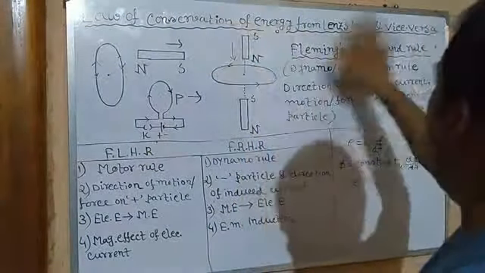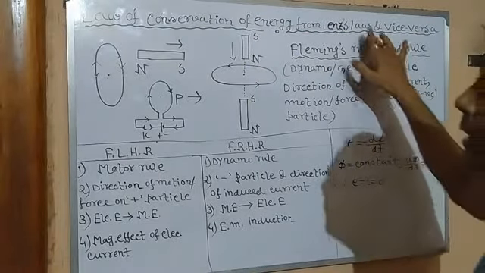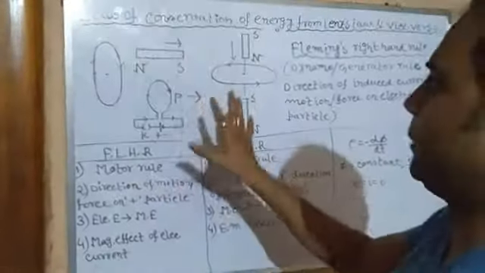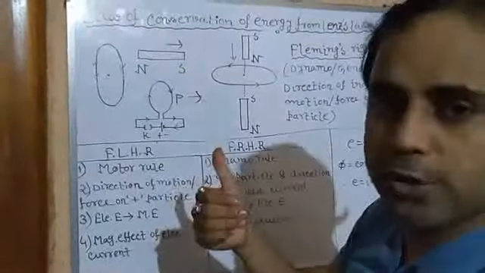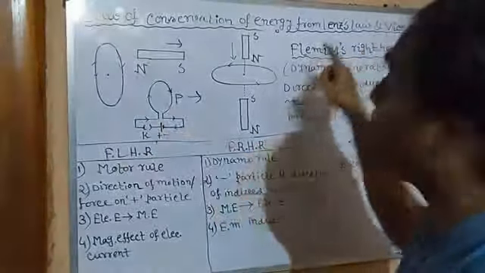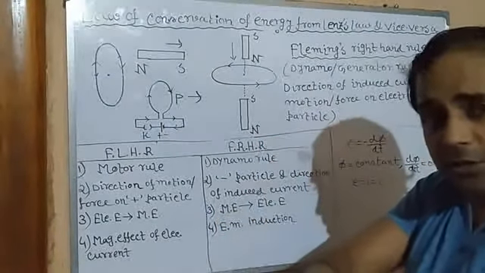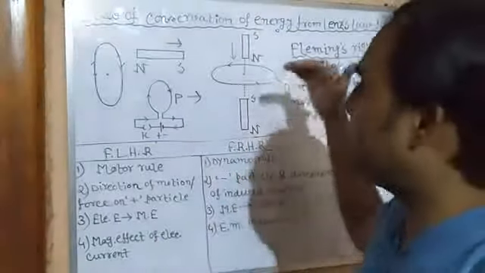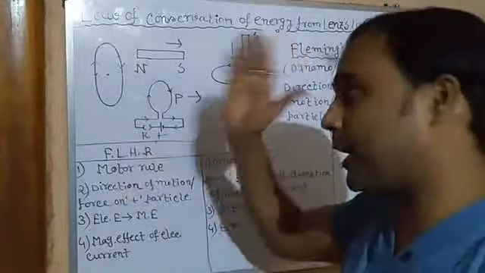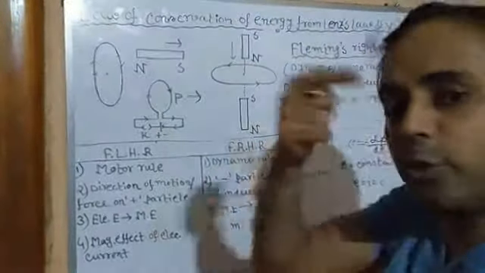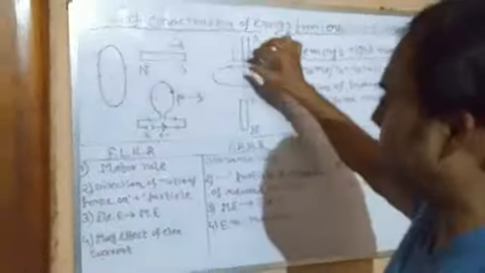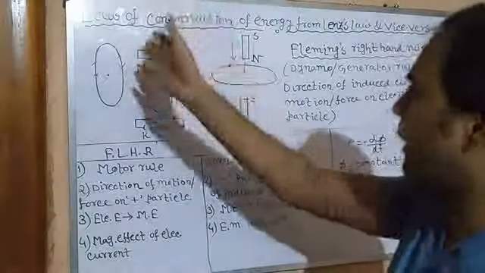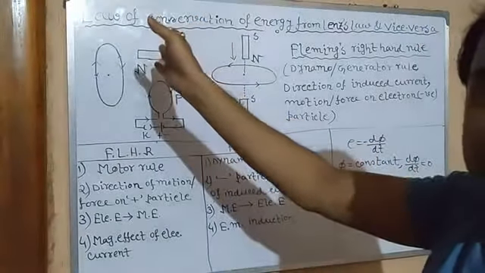Now it will try to move away. But in this case, again following Lenz's law, instead of repelling, it won't let it move away. Like saying, please do not go, come closer. Instead of repelling, since it will oppose the reason of its creation, when it moves away, current is induced, not only by bringing the magnet or coil closer, but also by moving it away, due to change in flux. So again there will be a change in flux, and current will be induced. This will again oppose the reason of its creation.